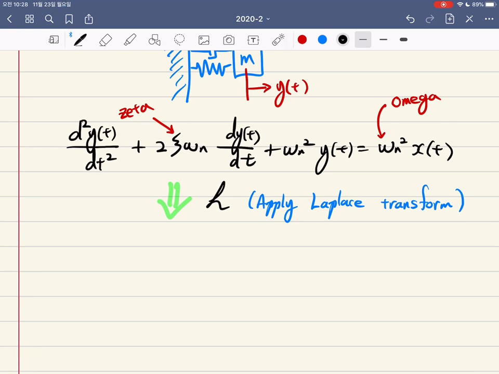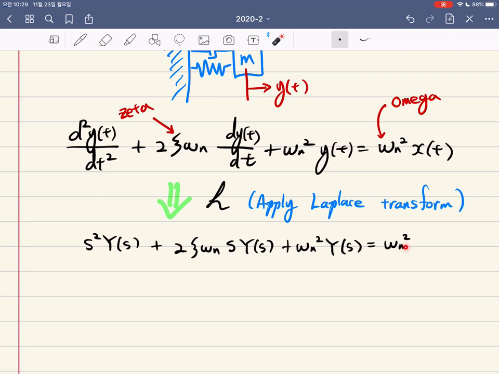So it's a second derivative, therefore you will have to multiply Y(s) by s squared, right? So s squared times Y(s) plus, these are all constants, therefore they are not affected by the Laplace transform. So 2 times zeta omega n, and we have to apply the Laplace transform for the first derivative also. Therefore, you will have s times Y(s), plus omega n squared times Y(s) equals,